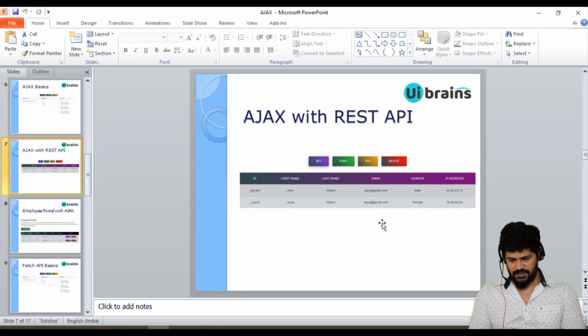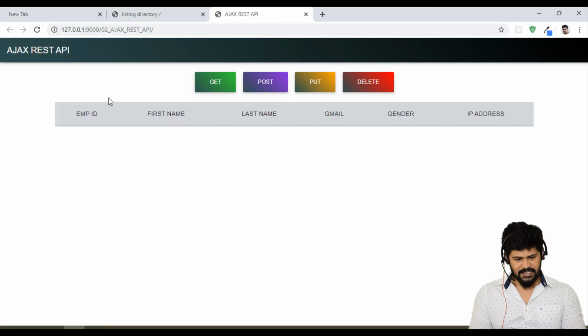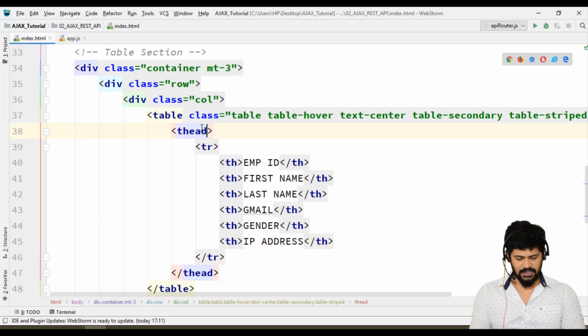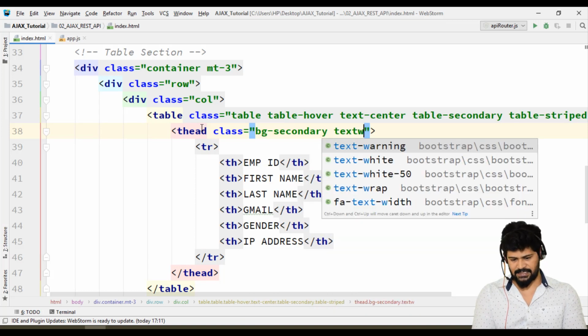Okay, let's check. Let's change the color of the header. Here you can give the class bg-secondary and text-white.